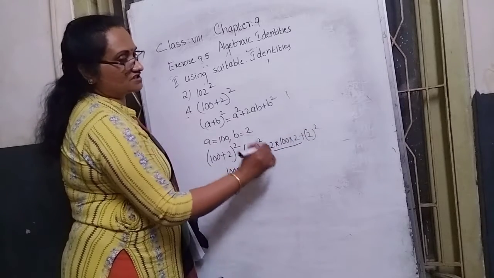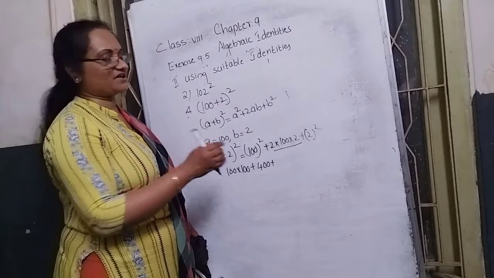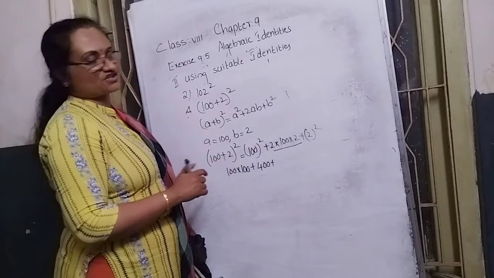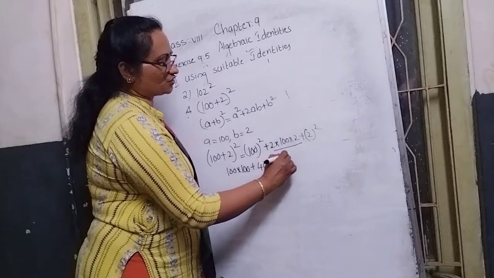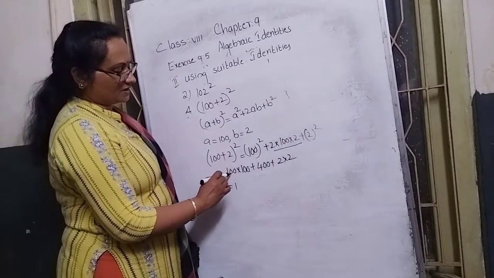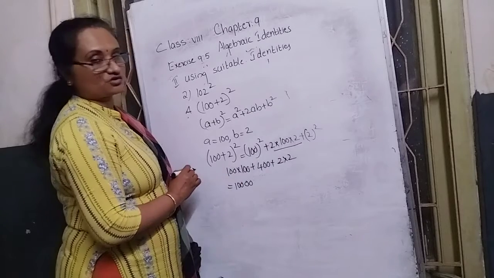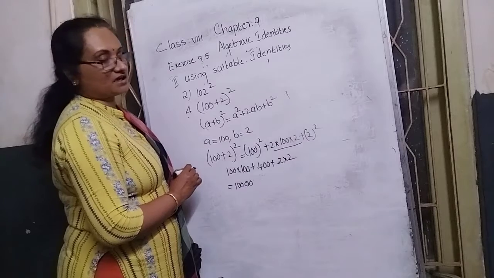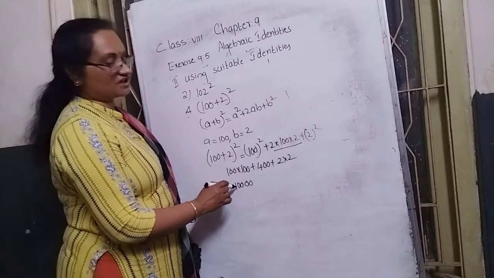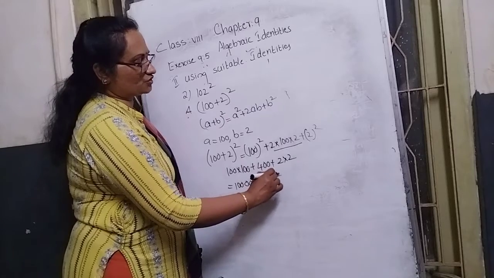Then the third term. Terms are identified as being separated with a plus sign or a minus. Here they are separated with the plus sign. 2 square means 2 into 2. For 100 into 100, the easy way: 1 into 1 is 1. Multiplicand place, how many 0s? 2 zeros. Multiplier place, how many 0s? 2 zeros. So the answer becomes 1 with 4 zeros under it, 10,000, plus 400, plus 2 twos are 4.